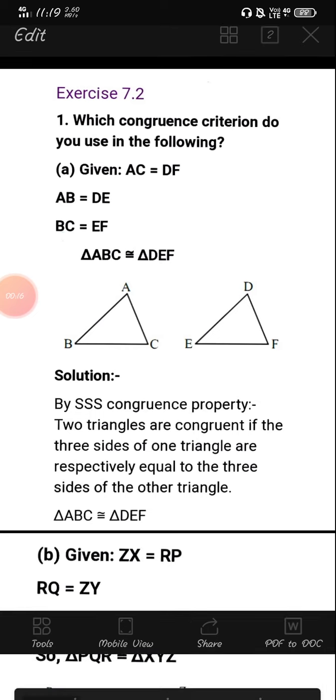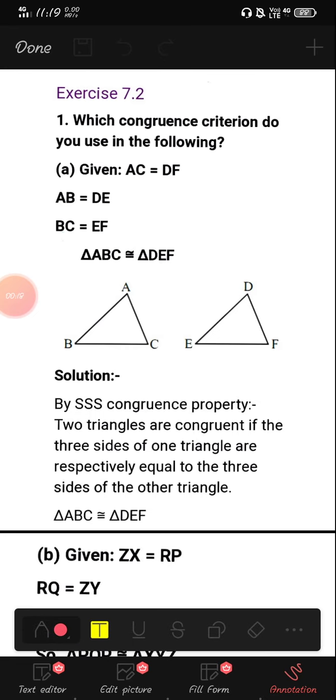We have first, given that AC is equal to DF, AB is equal to DE and BC is equal to EF. So it is using the SSS congruence property, that means two triangles are congruent if the three sides of the triangle are respectively equal to the corresponding three sides of the other triangle. So that means these two triangles are